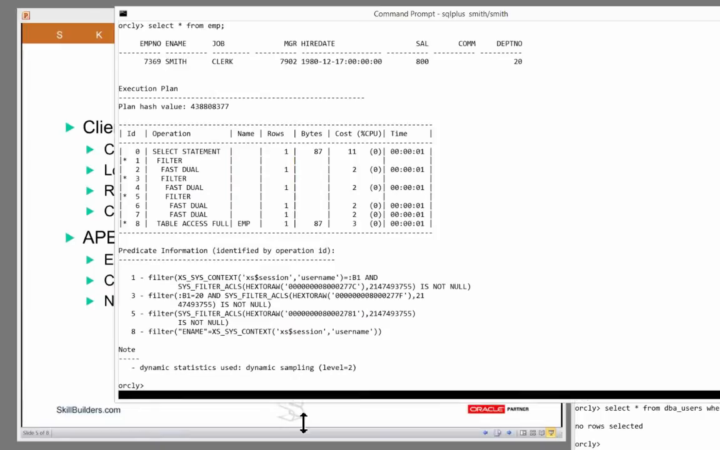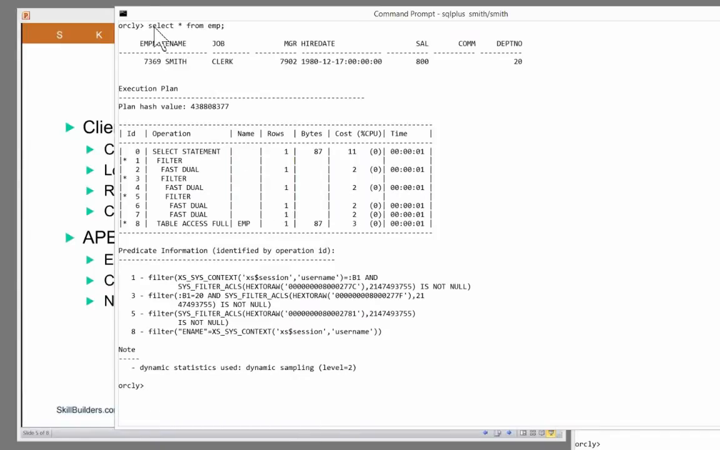Right, and now we can get an idea of what's going on, and you'll see, I hope, how close it is to VPD. I'm issuing that query, and yes, I'm doing a full table scan, but look at these predicates. Operation number 8 has a filter predicate: ename equals xs_sys_context, session username. So my filter is a predicate that is automatically generated, filtering it so that I only see